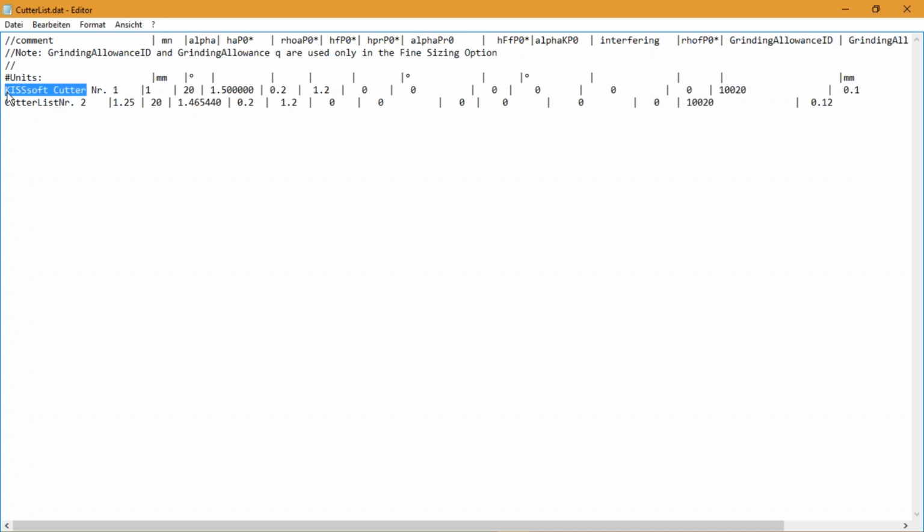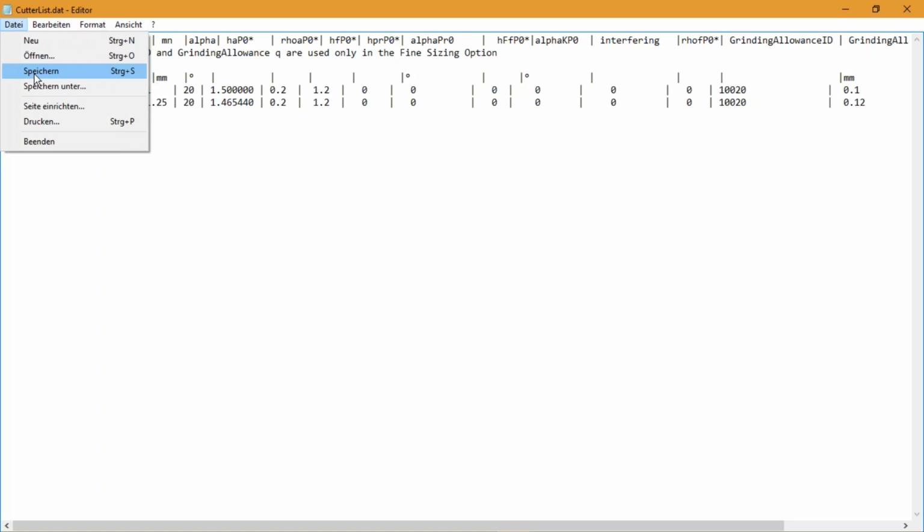And do the same thing for the next entry. Number 2. And you can see that these cutters are now here for normal module 1 and 1.25. So I can now just save this file,